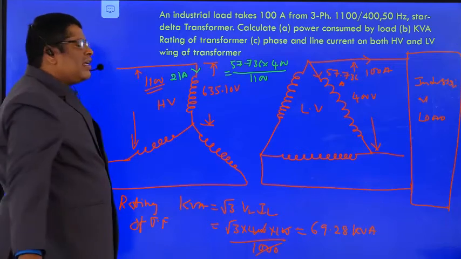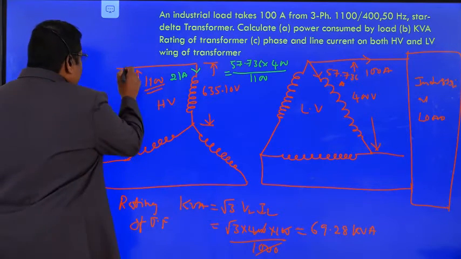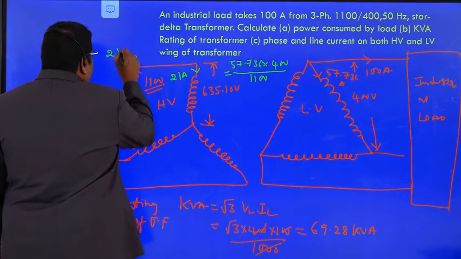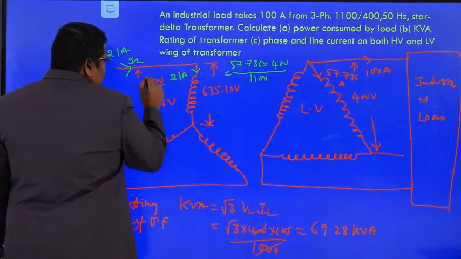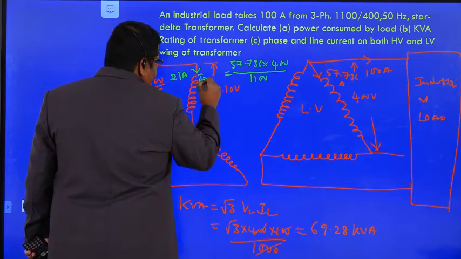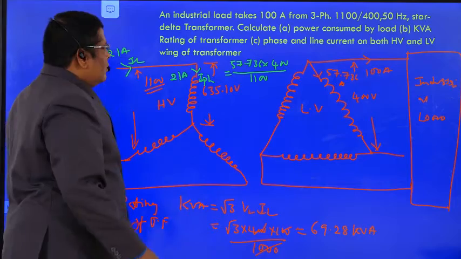But here the primary winding is connected in star, so the phase current is equal to the line current, the same amount of current. This is IL, this is I phase. The phase